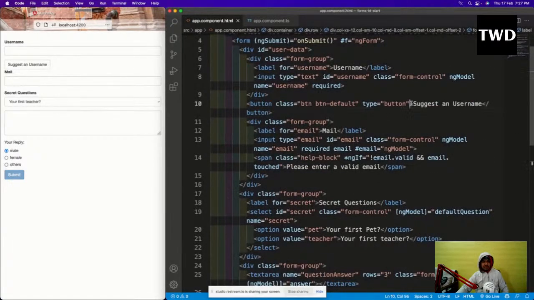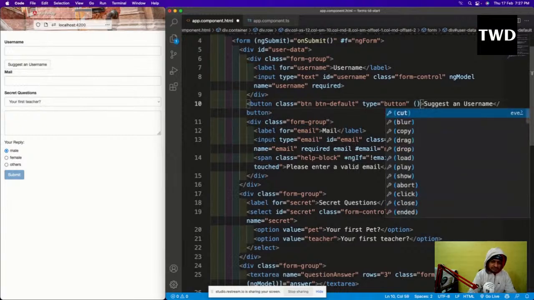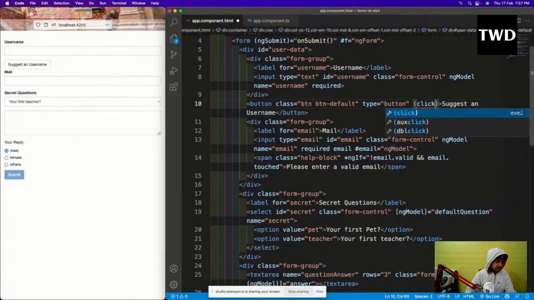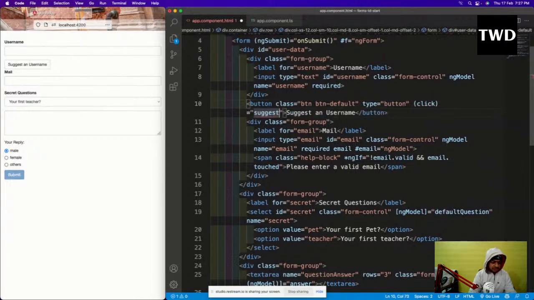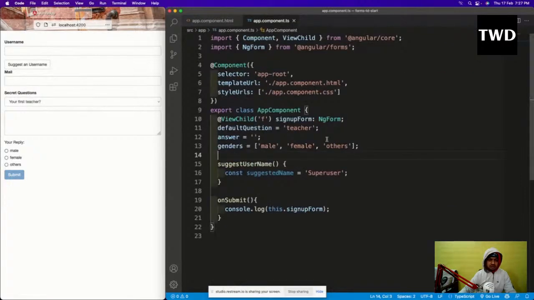So I will add a click here, click equal to suggestUserName, like this. Then we'll go here and create this function, because click calls the function suggestUserName.